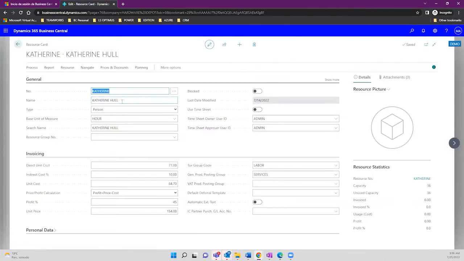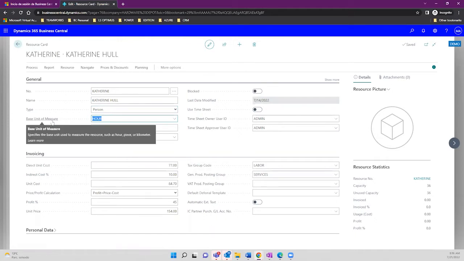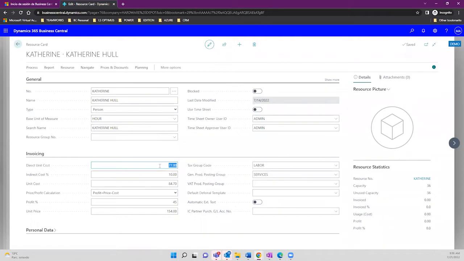And the resource is Catherine Hall. She's a person, but we could add a machine if we're going to use it. Then the base unit of measure, what I was talking about, is the hour. Based on that, we have a direct unit cost per 1 hour, the unit cost that I have been using, and indirect cost if needed. Indirect cost is something